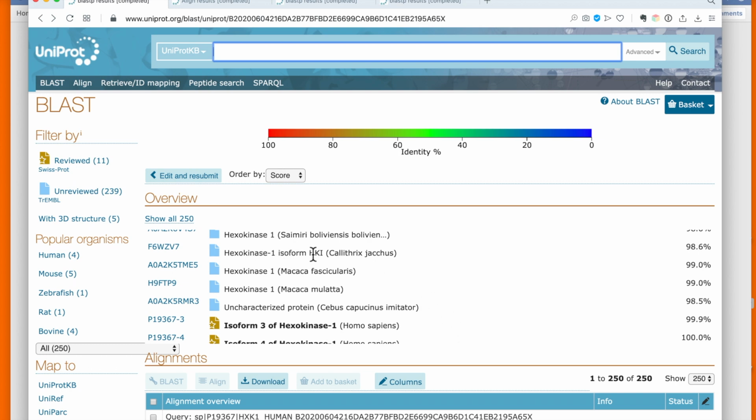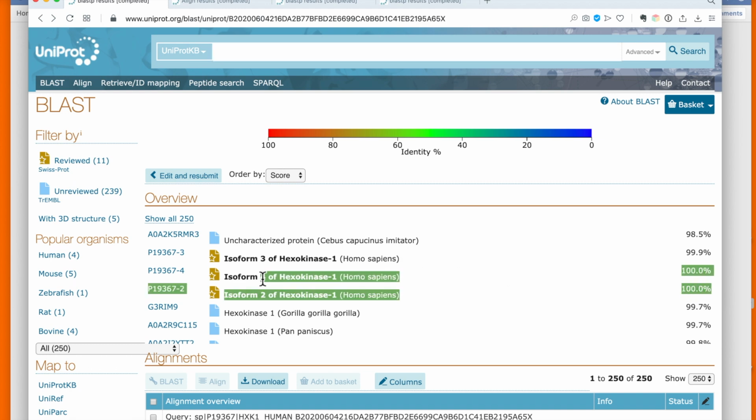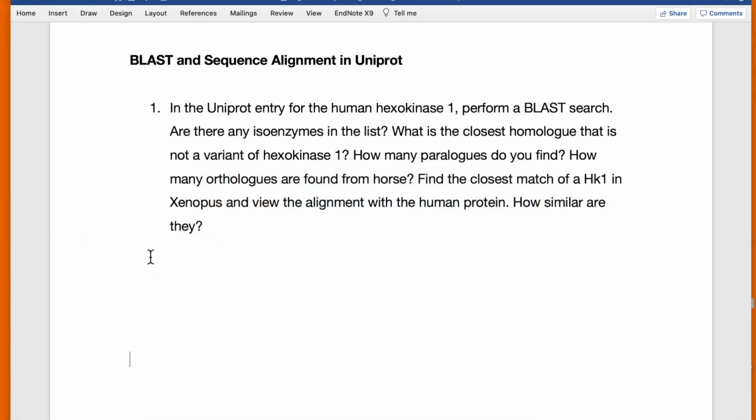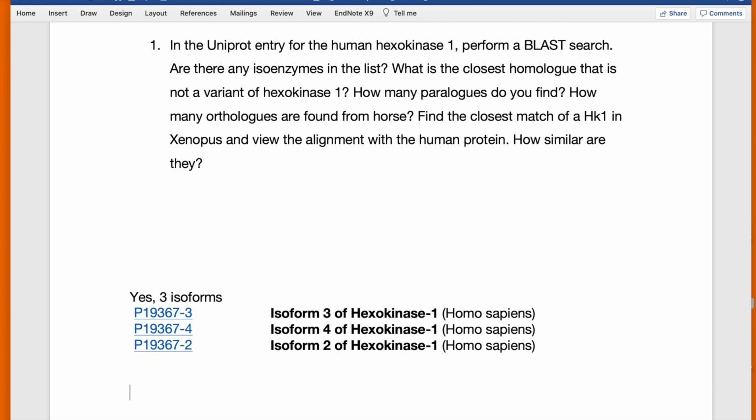And we can see an isoform here that is from another animal, but in the human specifically, yes, we can see isoforms of human hexokinase 1 given here. It's the isoform 3, 4, and 2. So if I just copy that, our answer to the question is yes, we have 3 isoforms. And I can just paste the result in, and then we have it: isoforms 3, 4, and 2 of the